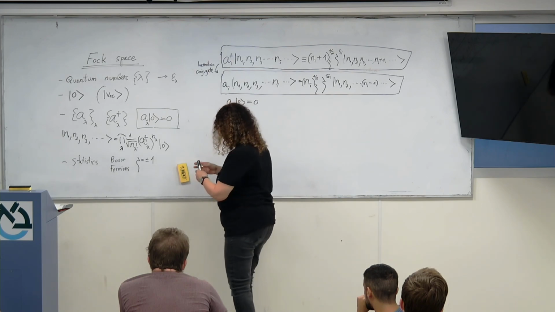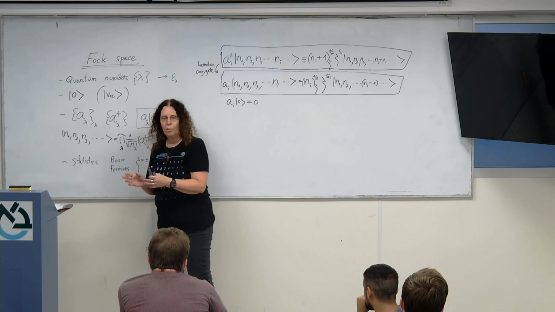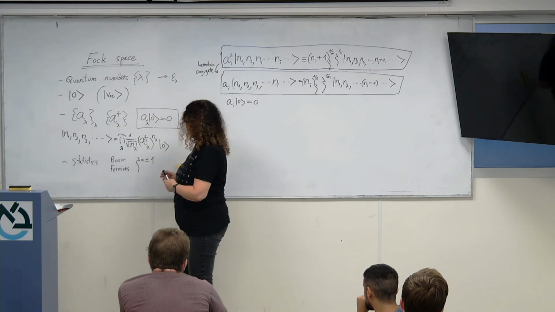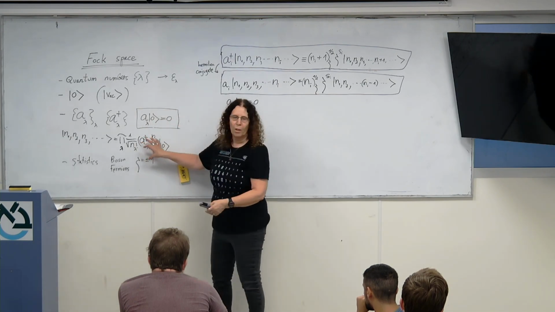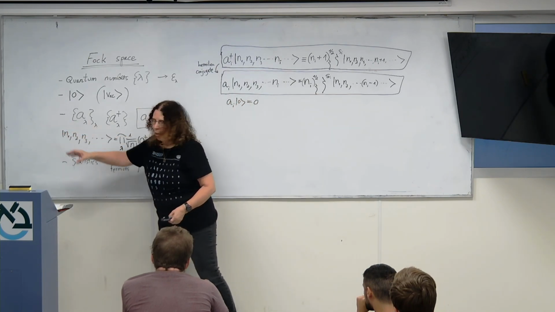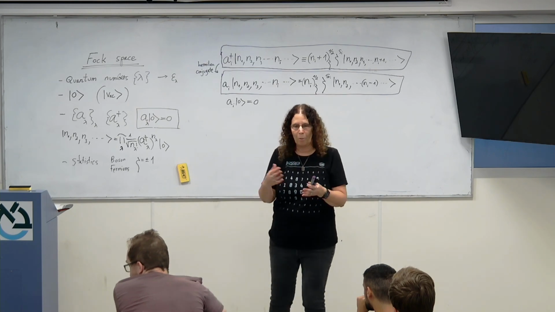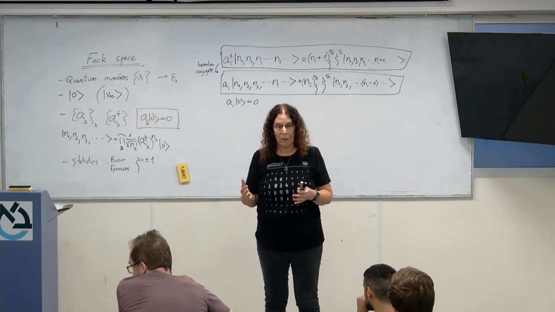Because generally speaking, if I take a matrix element between two arbitrary Fock states, each of them has this form with some product of A dagger. The Hermitian conjugate will be a product of A's. And in between, I have some combination of A and A dagger.